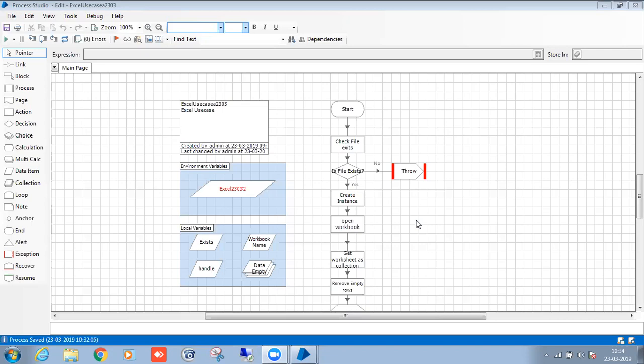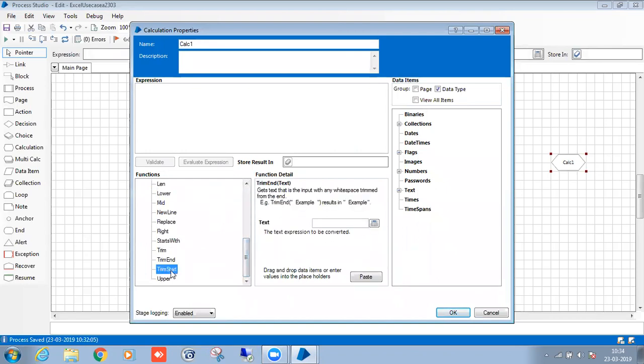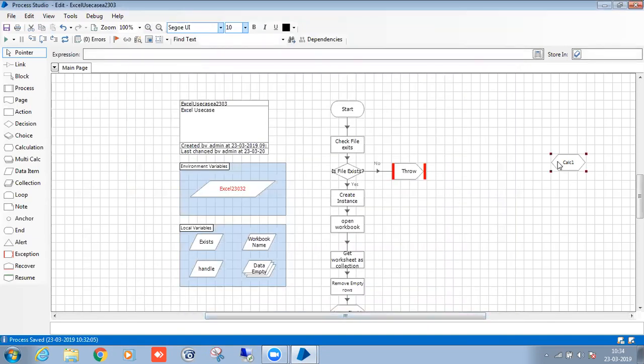Great, if you practice like that, you can write the 801 examination. Next month you're planning, right? I will share the dumps as well as what I have, which will help you get through it. At least 20 questions will come from the dumps. The remaining questions will be basics, like stages in calculation and text operations. They will give some text and ask what the trim function will do, like trim left or trim start, and what happens to the result. From this you'll get some 8 to 9 questions, and from the work queue concept you'll get about 5 direct questions. That's very simple.